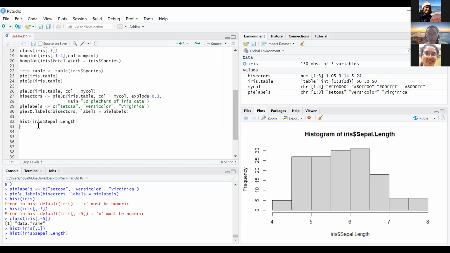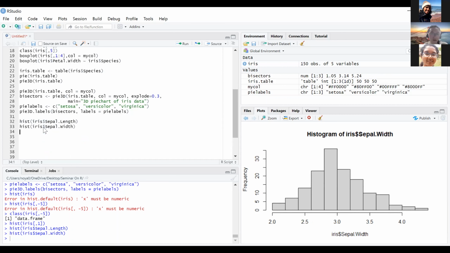So how do we do that? One of the ways is you can just copy, paste it, and just change this. Then the next one. Okay, so now we have this, but you might want to put them in the same figure, like all of